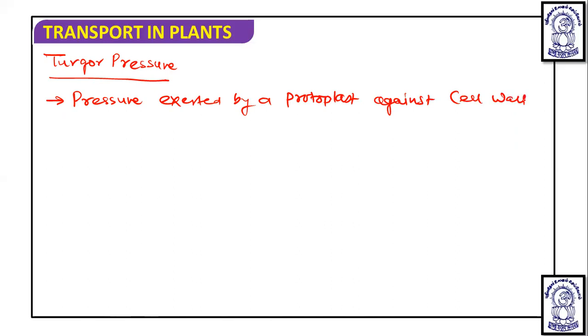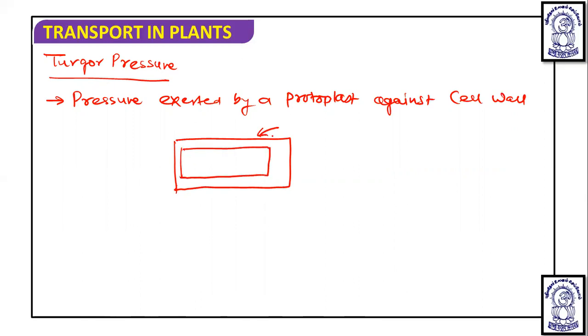When a protoplast exerts pressure on the cell wall, it is known as turgor pressure, and the cell will be turgid. Suppose this is a cell, this is the plasma membrane, and this is the cell wall. When water enters, the plasma membrane or protoplast will exert a pressure that is known as turgor pressure,